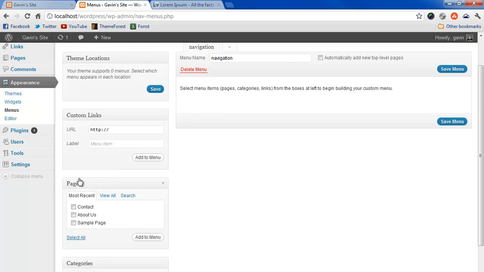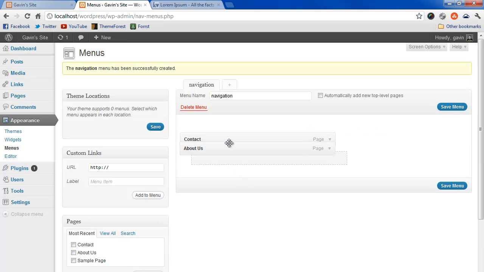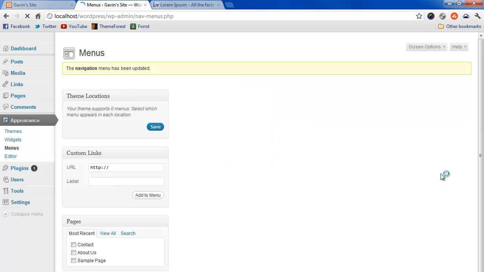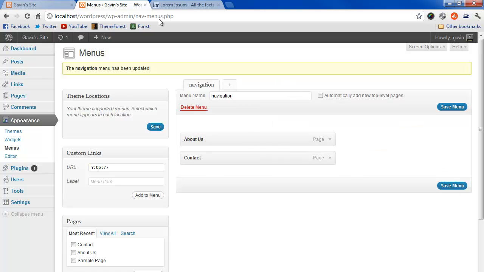and you'll see these pages over here on the left. I'm going to click Contact and About Us. I'm not going to add the sample page to the menu. I'm going to add those to the menu, and you'll see these 2 here. I'm going to order it this way, so About Us comes first, and I'm going to save the menu,